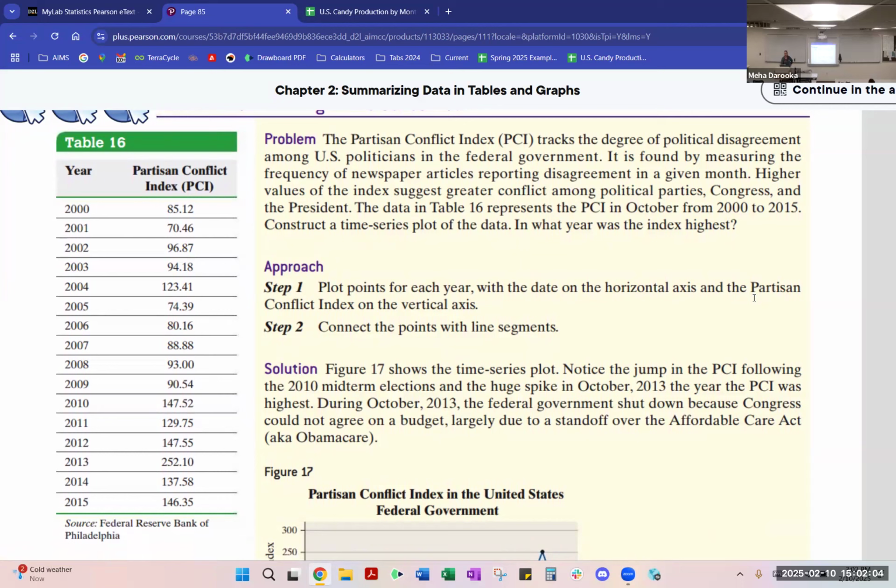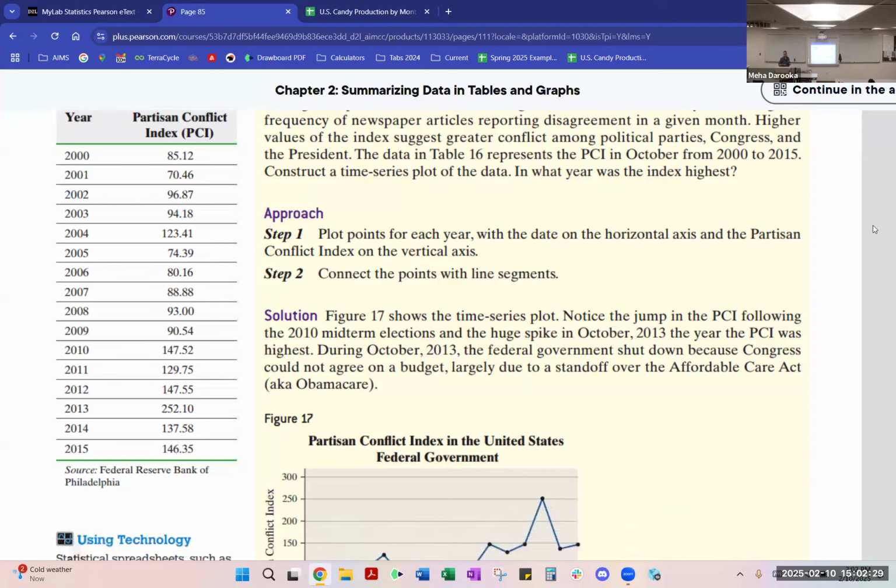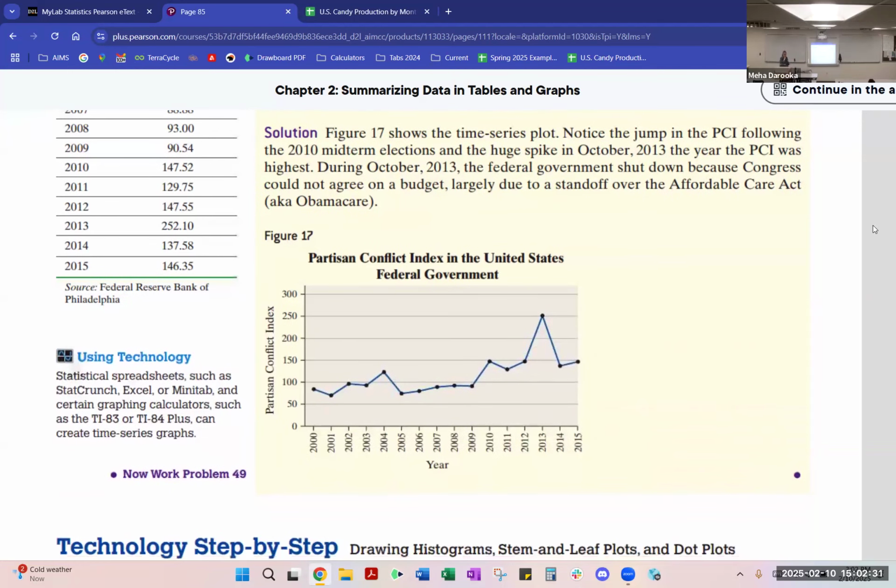So this data is going from October 2000 to 2015, so 15 years worth of data. And again, since this is based on each year's value, this is where a time series plot comes into play, because those years from 2000 to 2015 become our horizontal axis. And then, of course, the values from the PCI itself will be on the vertical axis. So this graph, as you can see, shows you that trend. So if we look at this a little closely,